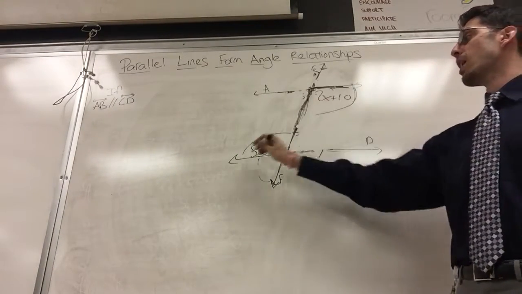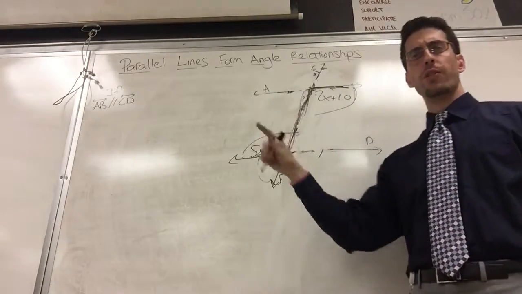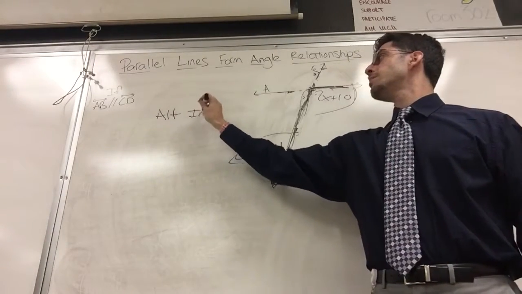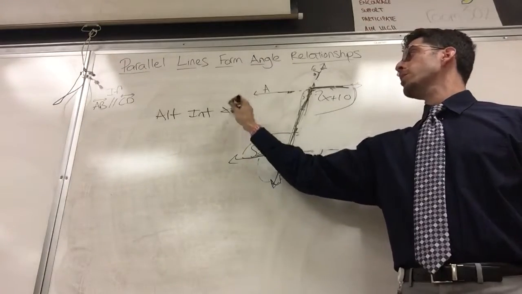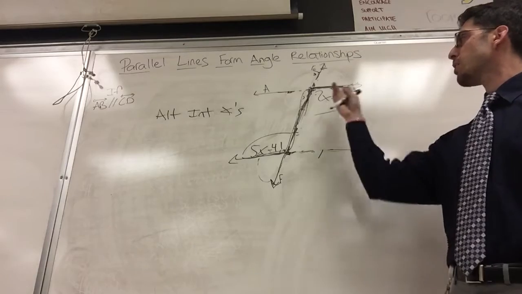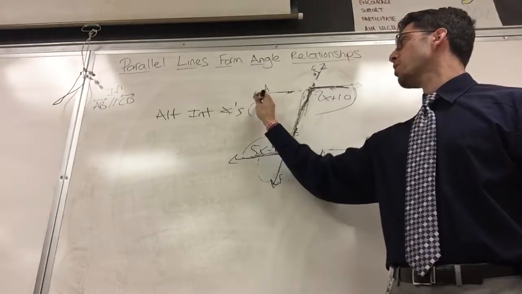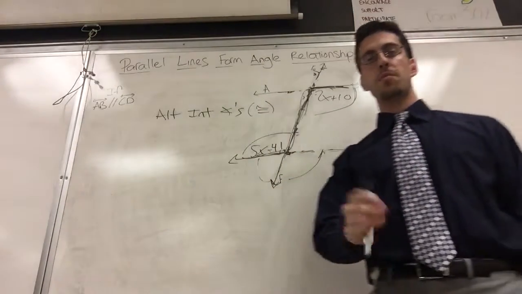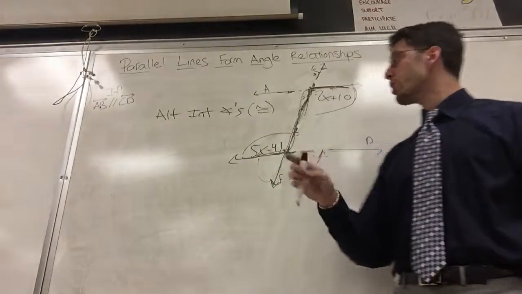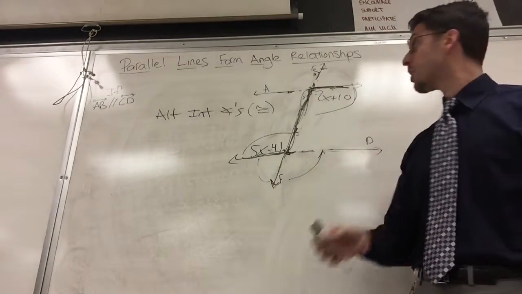If I highlight this angle and I highlight this angle, kind of makes a Z. The Z property reminds me that they're alternate interior. What do I know about alternate interior? Alternate interior angles are, well, this is the same as this, and these are the same. That's right, they are congruent. Okay, I said that in part 1 of this video. It's a long story. So, if they're congruent, this time they don't add up to 180. They equal each other. 2x plus 10